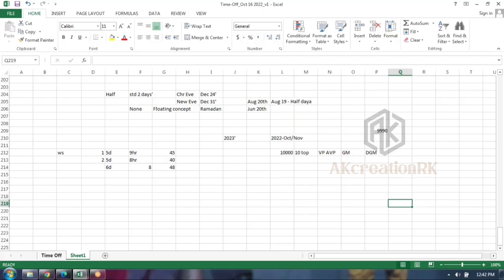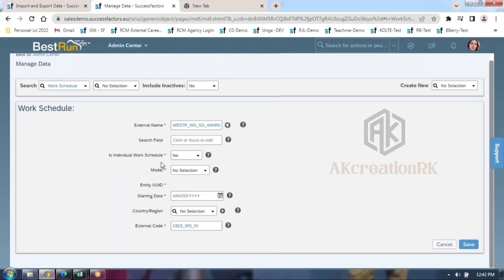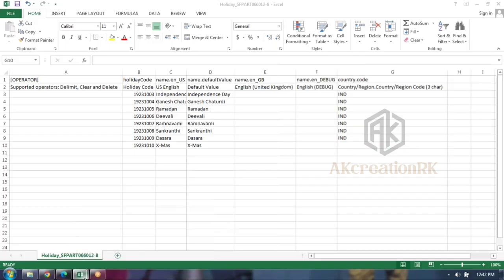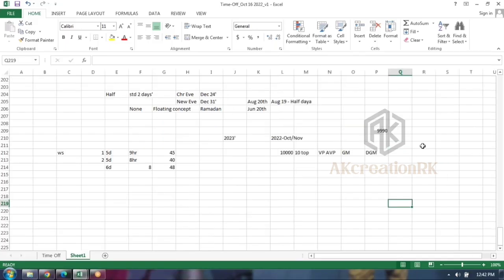Just for our understanding, because SuccessFactors delivers this field, you should know the importance of this field. For example, there are 10,000 employees at your customer, and out of 10,000, 100 employees are working under a different work schedule. That means 2 days a week, 10 hours. Just an example.